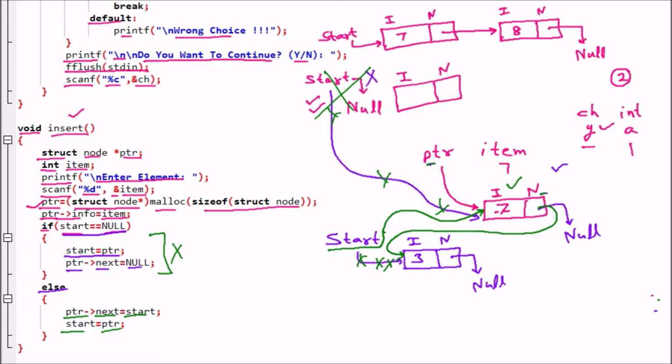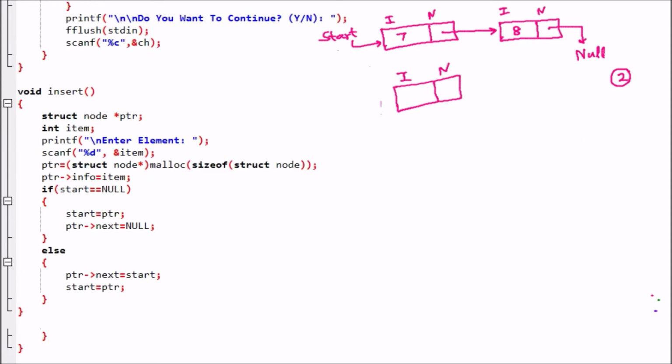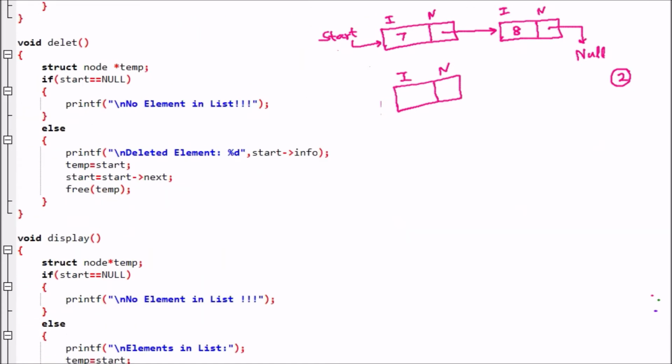Now we are going to perform the next operation. We are calling the next function now, which is the delete function here. So if the user presses case 2, then the delete function will be called. Here we have struct node star temp, that means one temp pointer is created. If start is equal to null, now assume that here the start is null. That means there is no node available. We are assuming that start is null. So here printf no element in the list. Obviously, if start is null, there is no element present here.